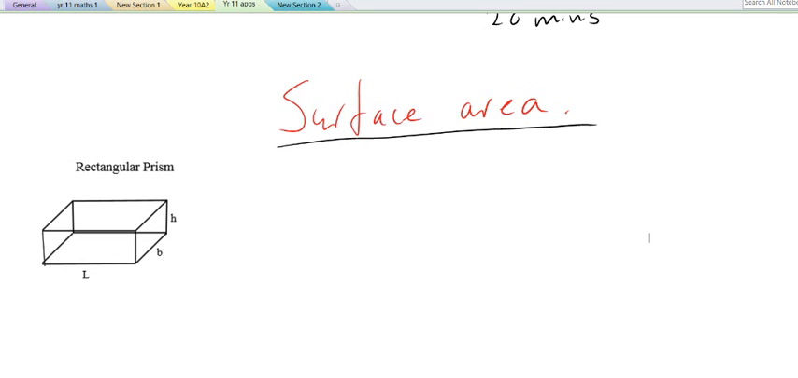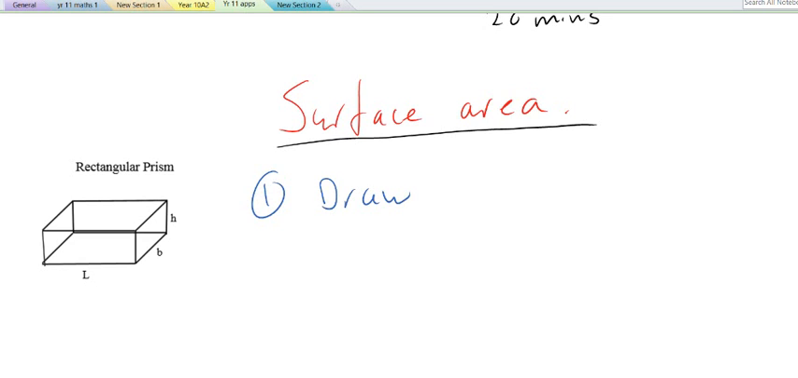Now, when we do questions, the questions will specify whether we want a full box, so the box with a lid, or box without a lid. But either way, our first step to calculating the surface area is the same. We draw what's called a net. So, step one,